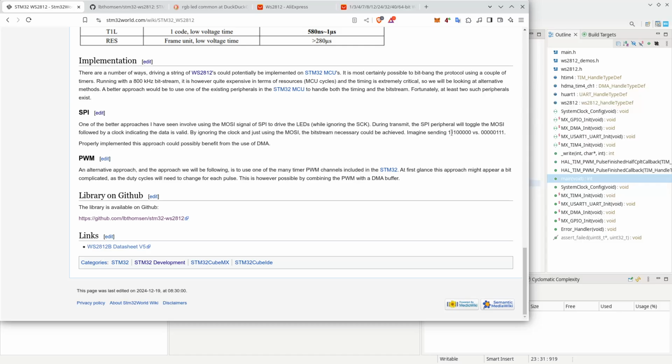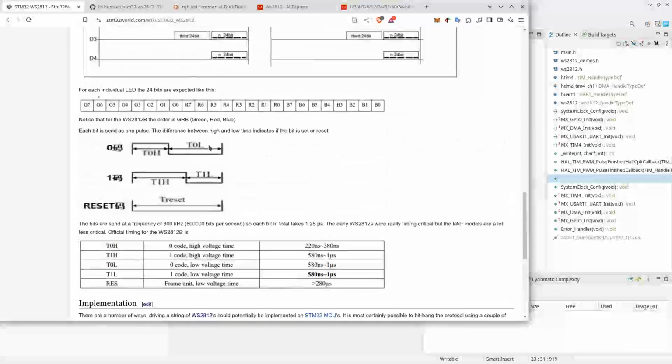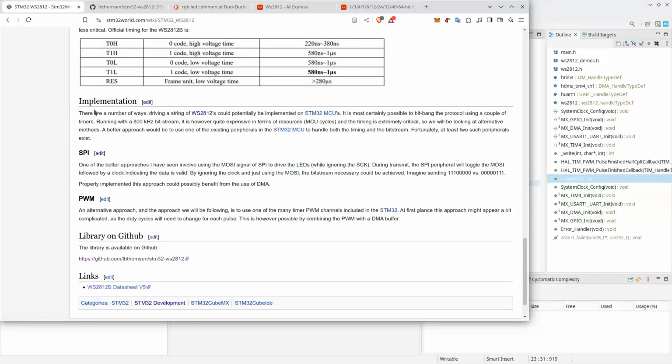For example, if we send 1 1 1 0 0 0 0 0 versus 0 0 0 0 0 1 1 1, we would achieve almost what we are looking at here. A benefit of using SPI is that it could also be coupled with DMA. That means we could just fill a buffer of the data and then send it out. An alternative to this, and the approach that we will be looking at today, is using pulse width